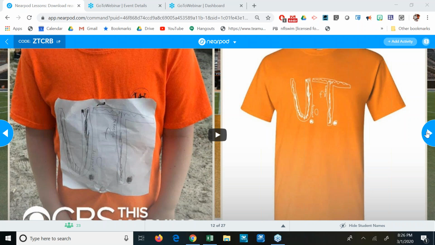I actually ordered one of these shirts myself. I ordered it in September. I didn't get it until December. But a certain proceed of the money went to Stomp Out Bullying. Actually, I'm sorry, by the end of October, it raised over $1 million for Stomp Out Bullying, and it's just from a simple T-shirt from a Facebook post. So social media gets a bad rep. I get it, but there are a lot of good things that do come out of social media as well. And this is definitely one of them.